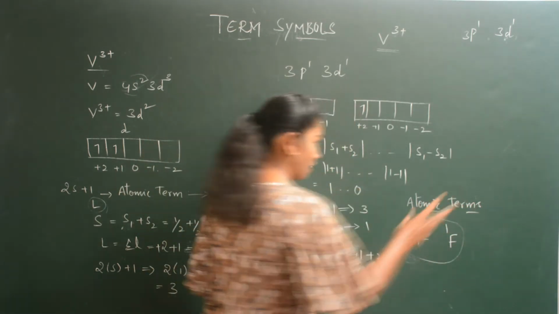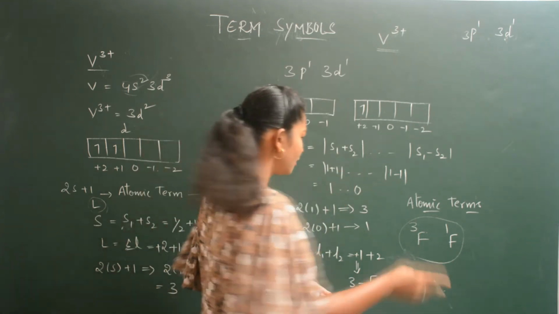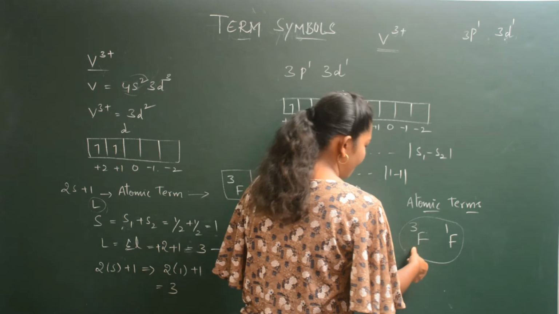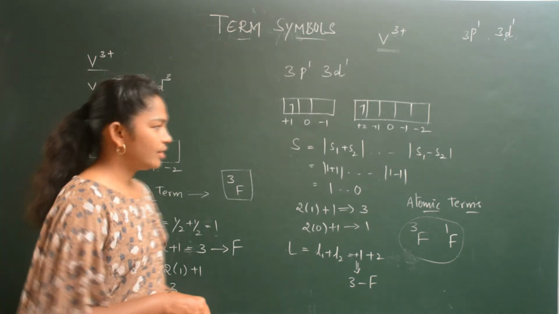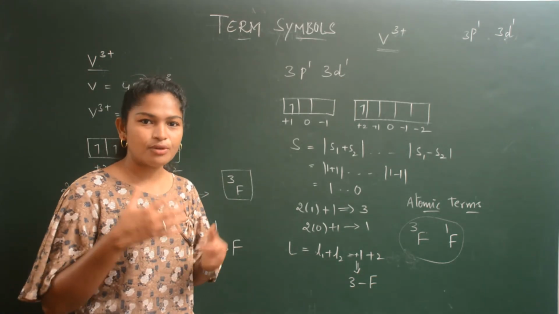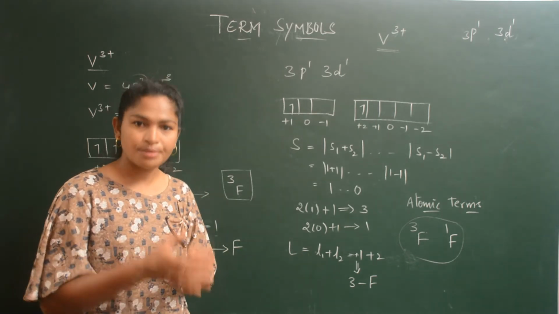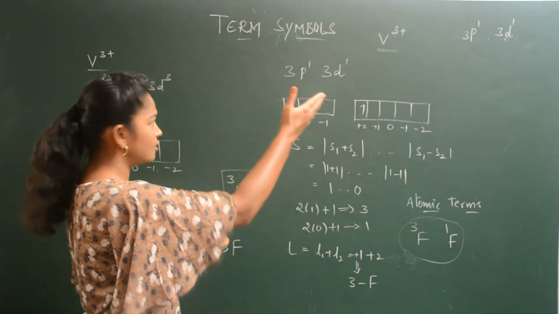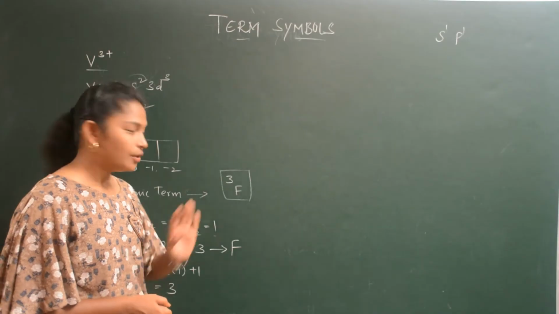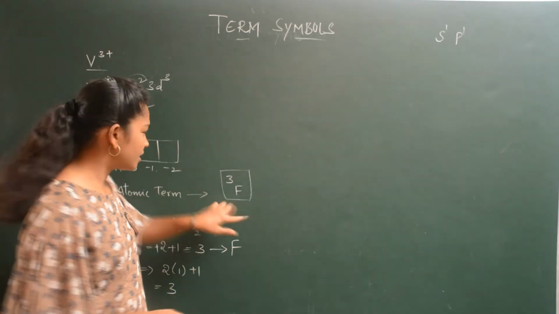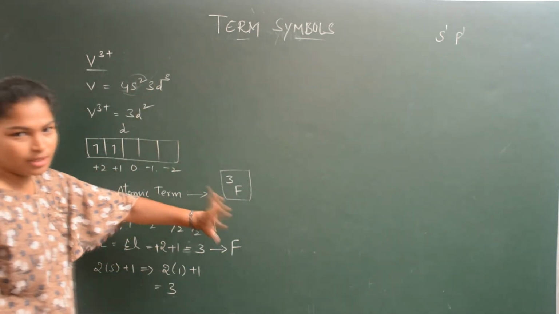So now atomic terms. Atomic terms I am telling you, not atomic term, because S is having 2 values. So you have to write it. Atomic terms are 3F and 1F. These are the possible atomic terms. Now we will see term symbols, how we have to find out term symbols. Suppose they give you an atomic term, from that how do you find out term symbols? Otherwise, if they give you only orbitals like this, how can you find out term symbols? Just see that. Suppose they have given the atomic term like this. How can you find out the term symbol from that? Okay, for this only we'll find out the term symbol first.